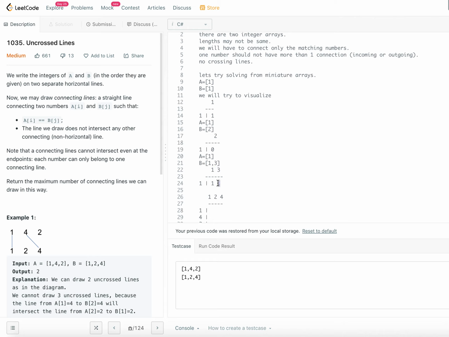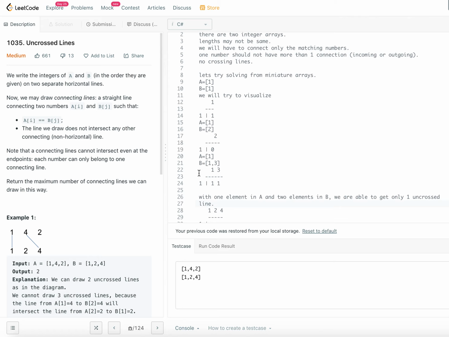Got it? That's the explanation. Let me write it down: with one element in A and two elements in B, we are able to get only one uncrossed line.